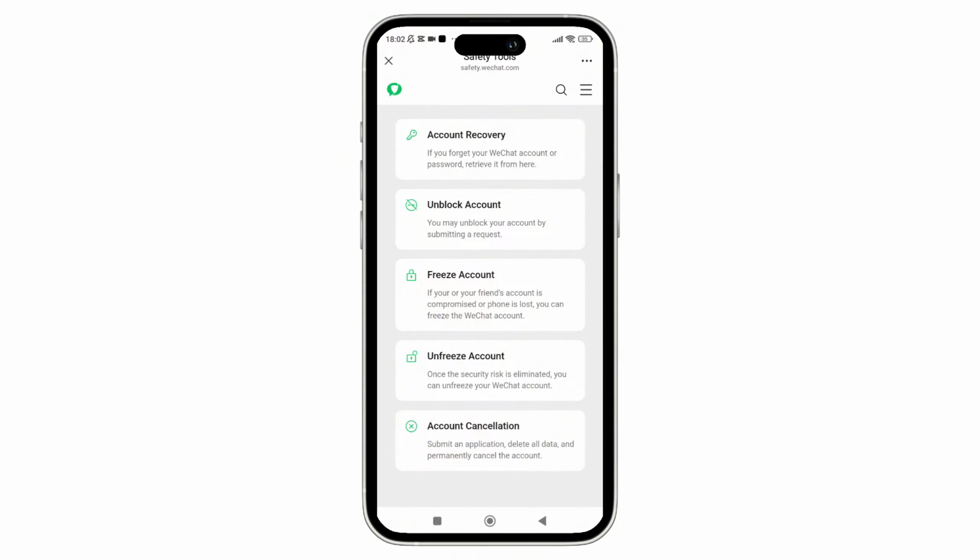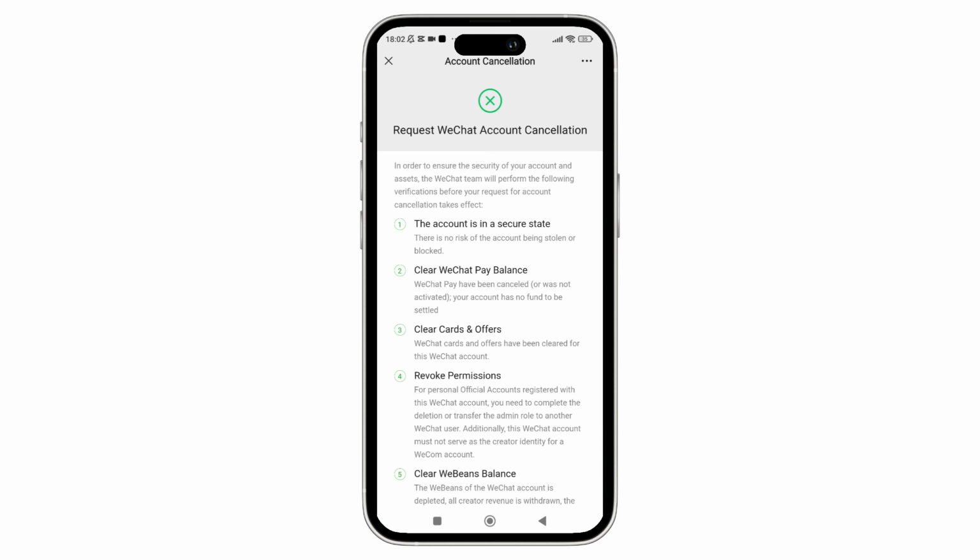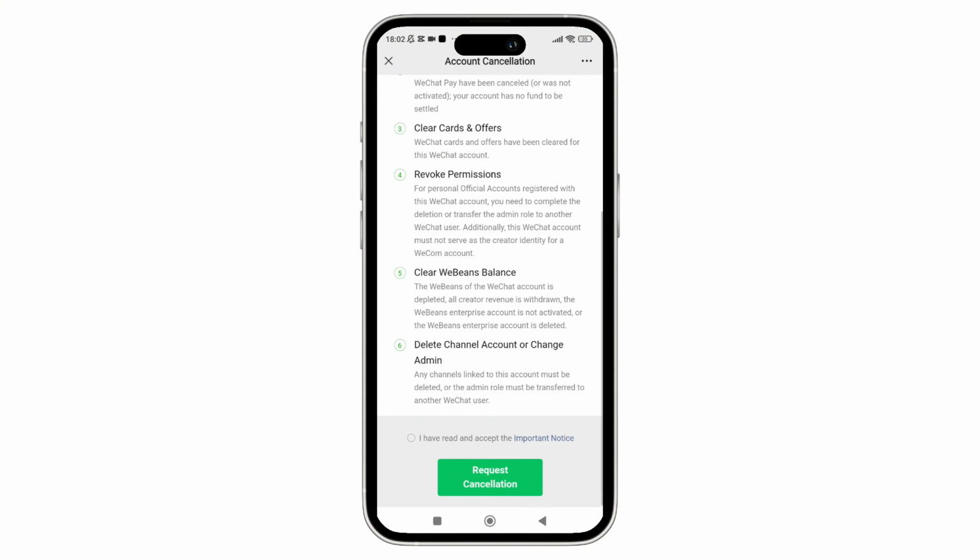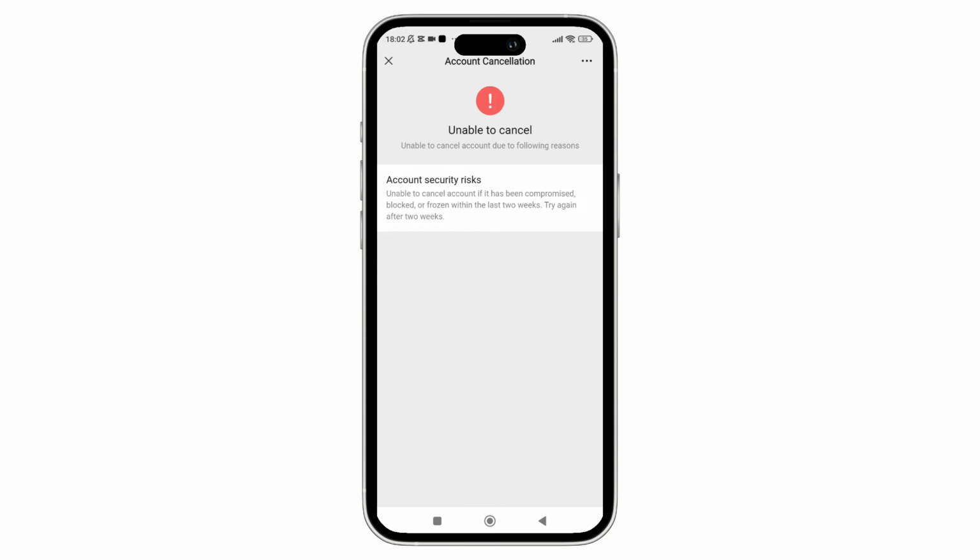So from here you can simply select account cancellation, and after that on the next page you can simply read all the important information carefully. And once done, you can simply tap on I have read and accept the important notice. And after that you can simply tap on request cancellation, and with that you can simply tap on next,